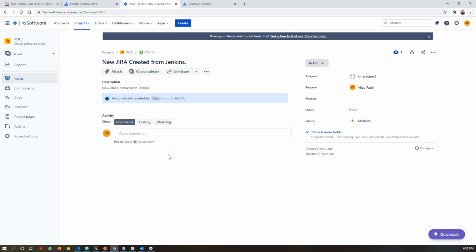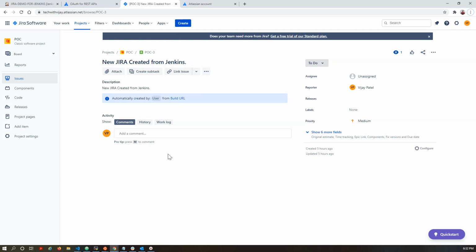So in this session we are going to understand how we can integrate Jira with Jenkins. I want to create the Jira ticket using a Jenkins job status. So I want to populate data over the Jira while I run my Jenkins job. This is a pretty cool topic and majorly people are asking how we can integrate Jenkins with Jira. So in this complete session we are going to understand how the Jenkins integration part is working with the Jira.